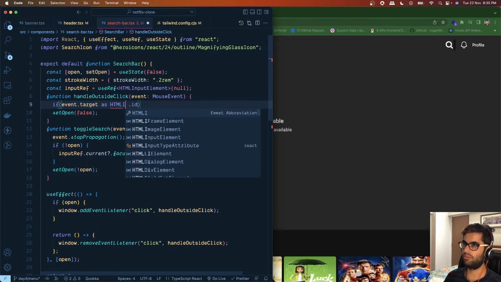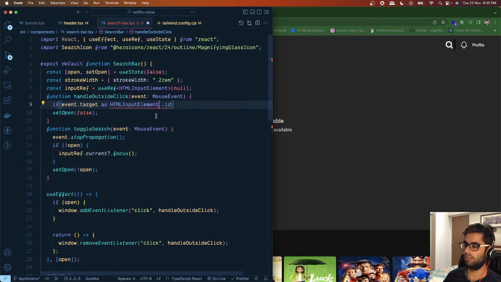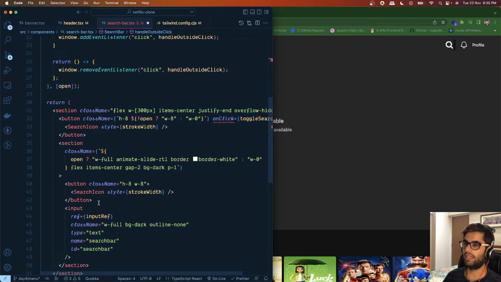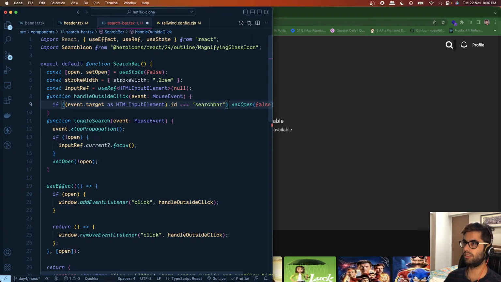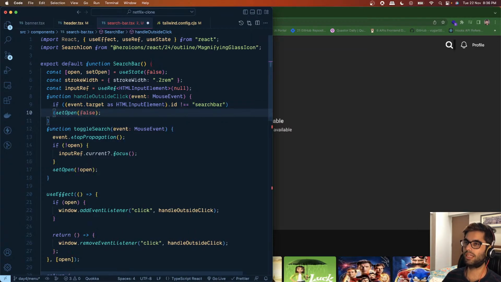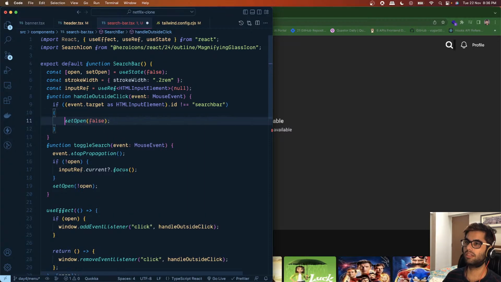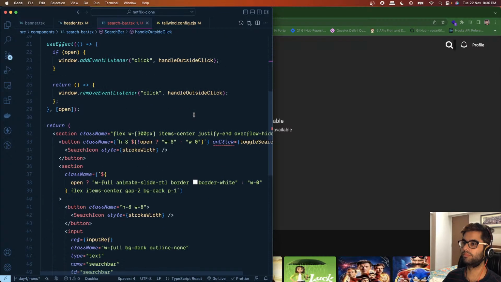So we will say HTML input element. Okay, and we want to check if its ID property is equal to the ID for the input element, which is nothing but search bar, right? We want to ensure that whenever we are clicking inside the input element, it does not close. If it's any other element except the input element, then we can basically set open to false. Okay,